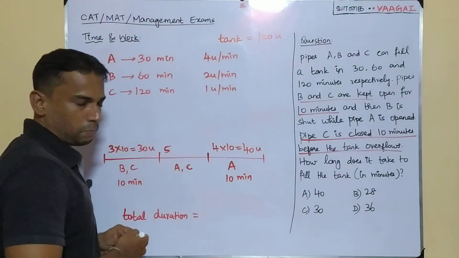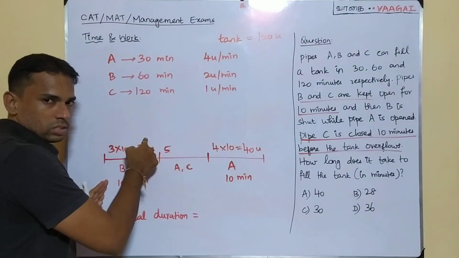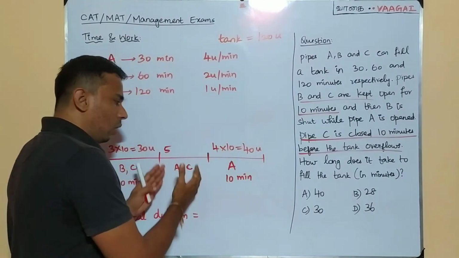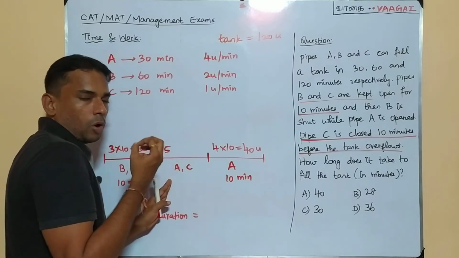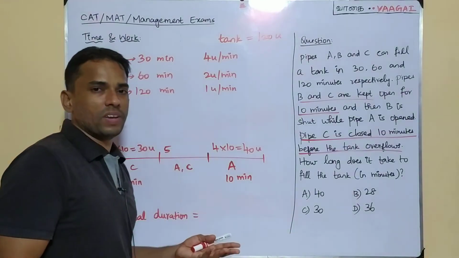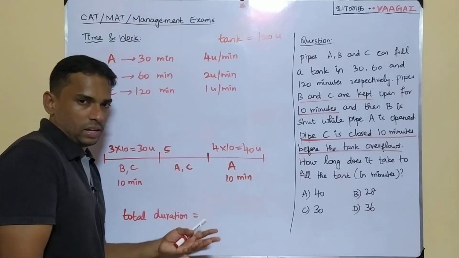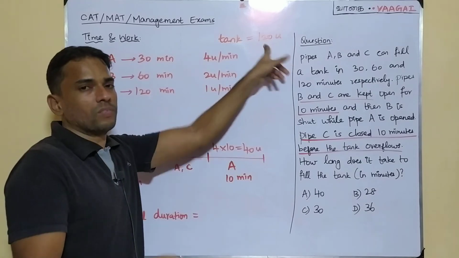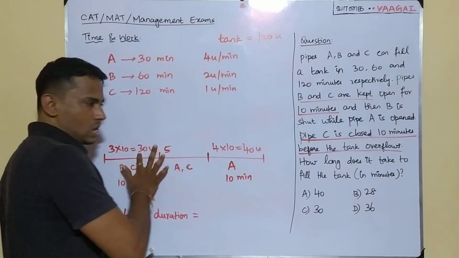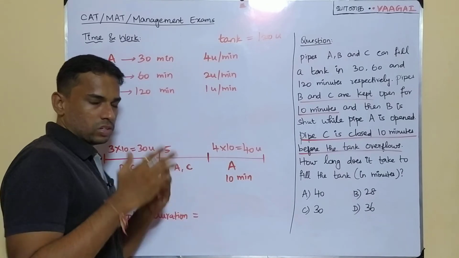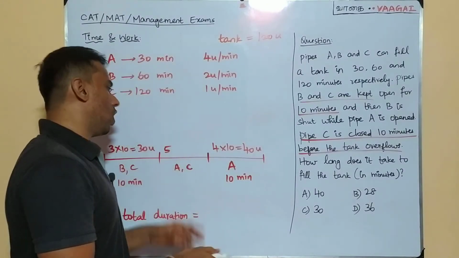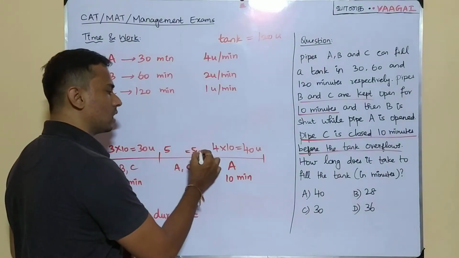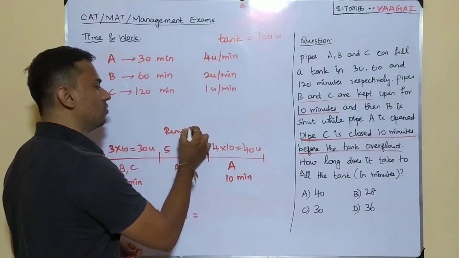Okay, so that means out of the 3 parts, first part 30 units, last part 40 units, and this is enough for us to tell how many units will be filled in the middle part, right? Why? Because we know the total is 120 units. So here 30, here 40. So 30 plus 40 would give you 70, and 70 plus how many units will give you this 120? It will be nothing but 70 plus 50. So the remaining will be 50 units.